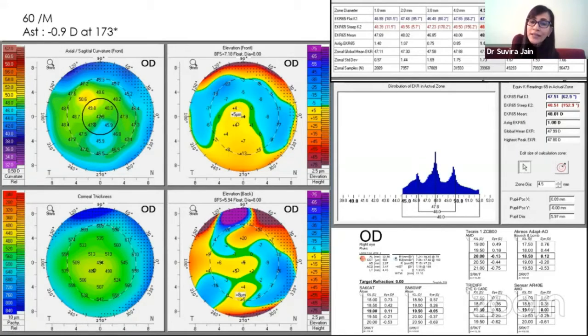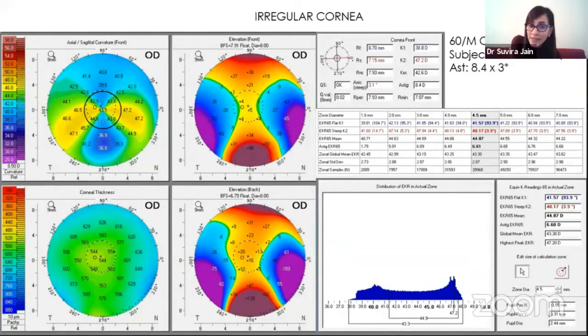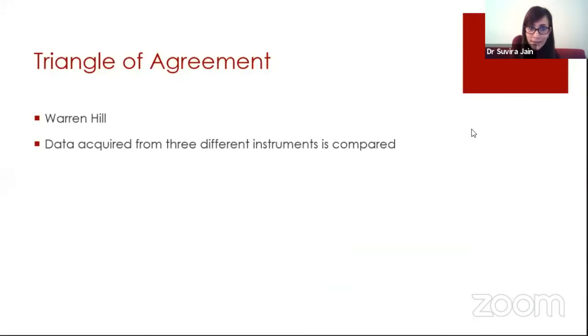And even though there are 3 little peaks, you can actually see a tall peak. When you see a tall peak, even in a patient with an irregular astigmatism, it signifies an axis on which the dioptric power can act. So this patient too would be a suitable candidate for a toric IOL. But this patient with an irregular astigmatism and a flat plateau with a significant variability in the EKR 65 would definitely be a contraindication. So the important point here is to do a corneal topography in all these cases.